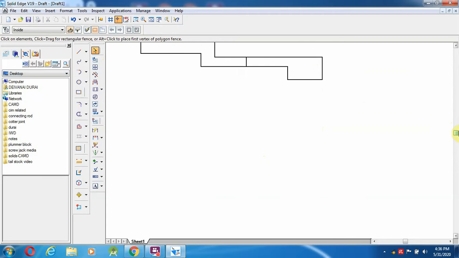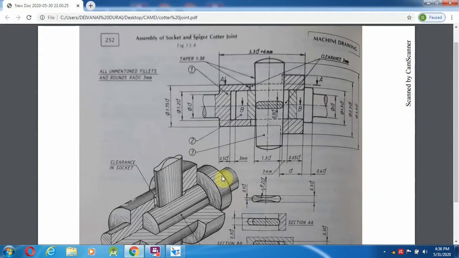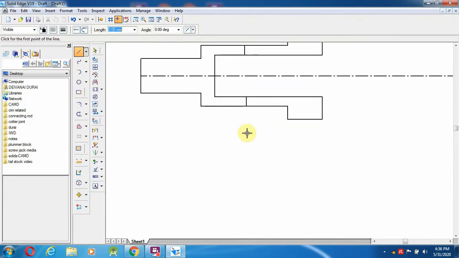Then next I am going to draw the spigot. So for spigot I am going to keep the line option. Now first I am going to start with this end. So that means here that is the 20 mm. So select a line from here to 20 mm distance, and here the length is for our own convenience, so it does not affect anything.